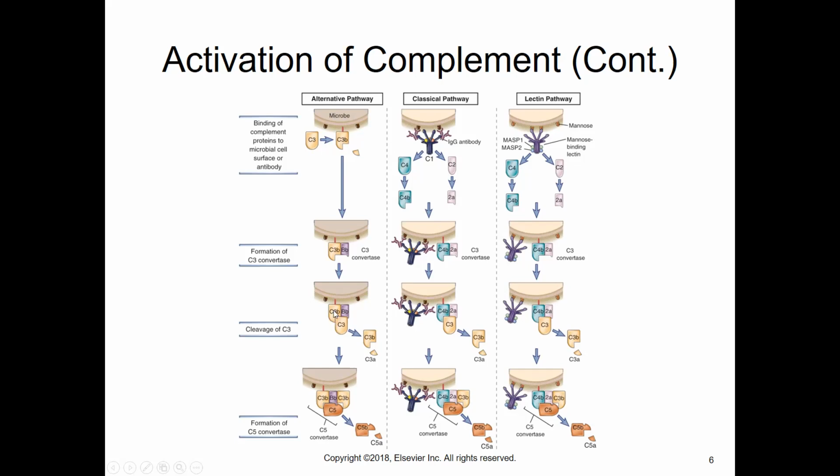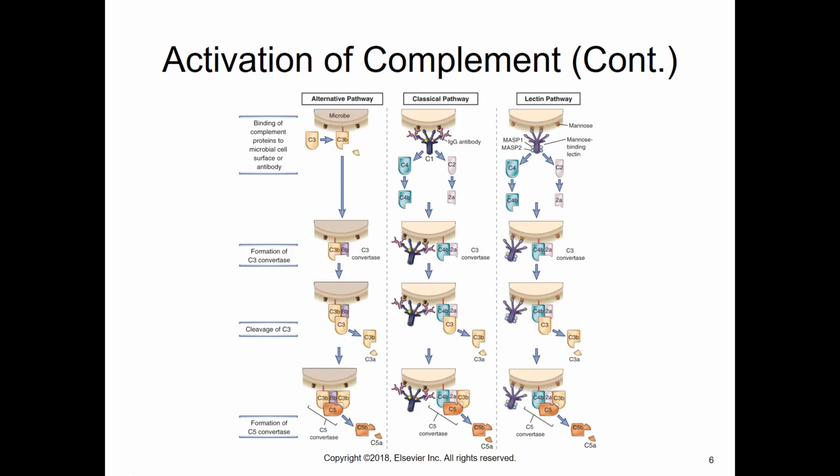So they all meet there and then go forward in the same path. It could start this way, or this way, but they all meet at a certain point and continue on. Does that make sense? Okay. So you need to know that. They all converge at C3 to C3b,